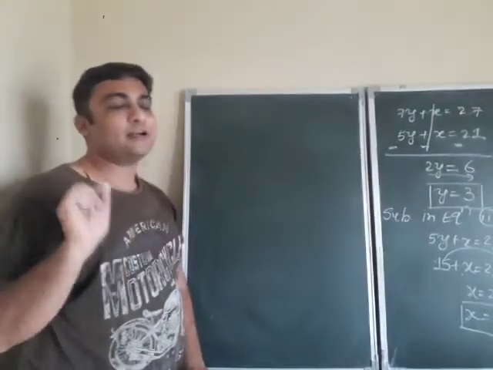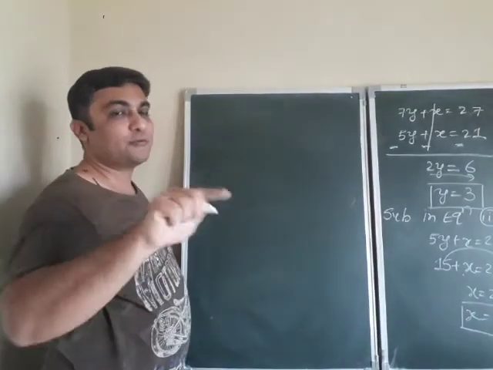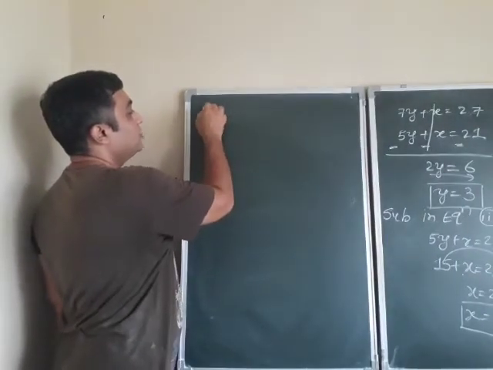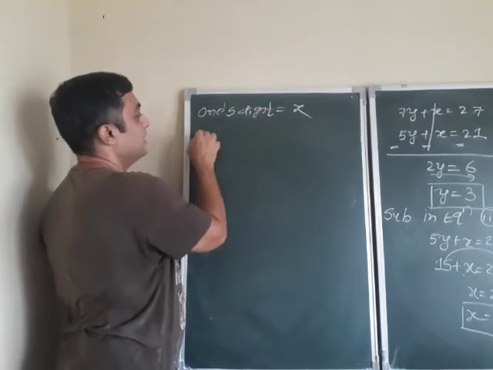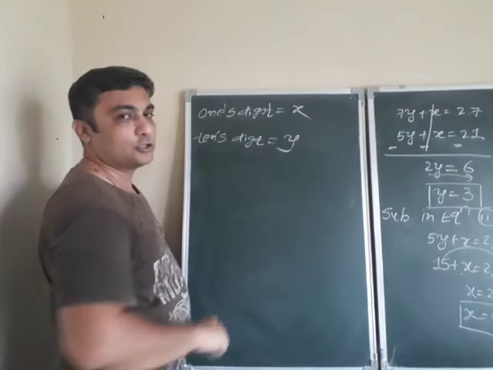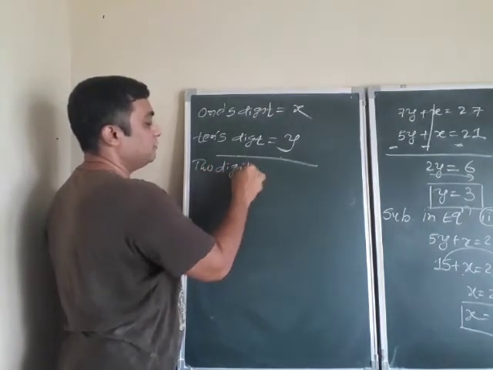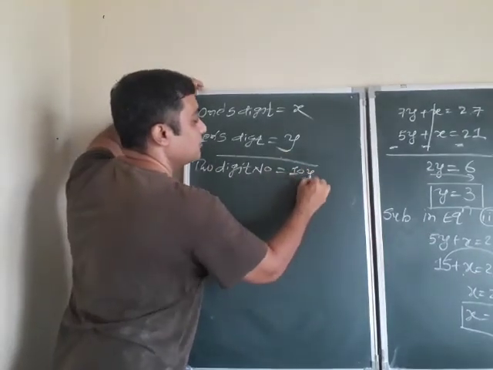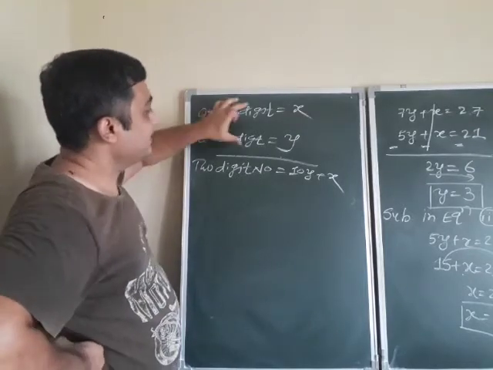After completing exercise 3.4, I just wanted to give one instruction, where you face a question about a 2-digit number. When you assume the digits, you assume the ones digit is equal to x, and the tens digit is equal to y. So please note this very carefully: your 2-digit number will be 10y plus x. Clear? And the digits are x and y.